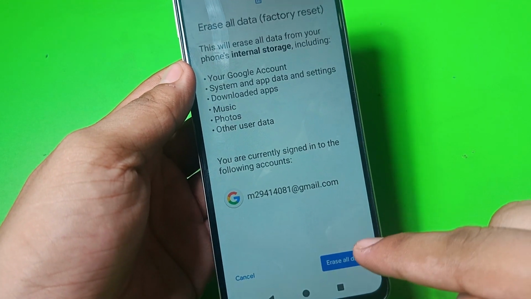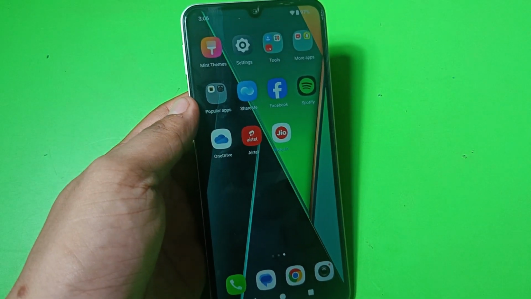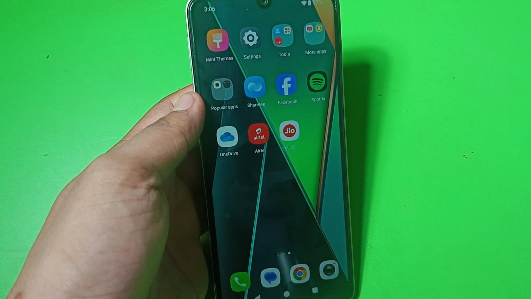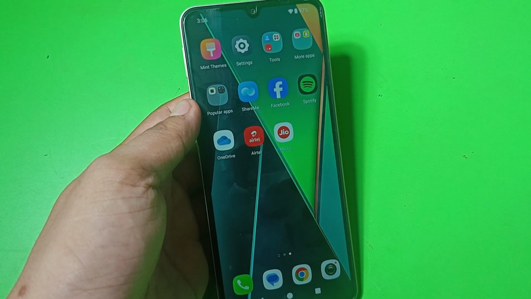So you have to click on erase all data. It will take some time, like 2 to 3 minutes, and after that all the things will be permanently erased